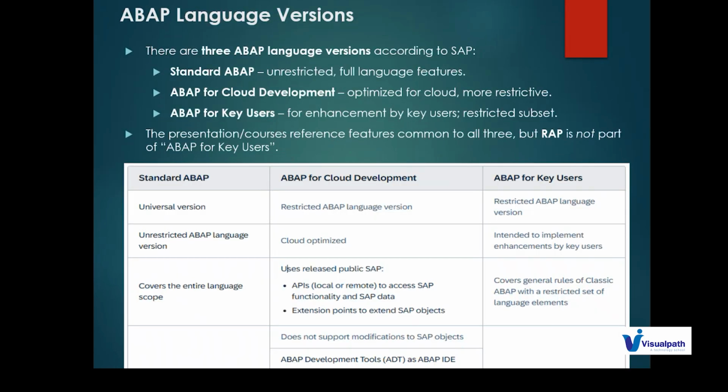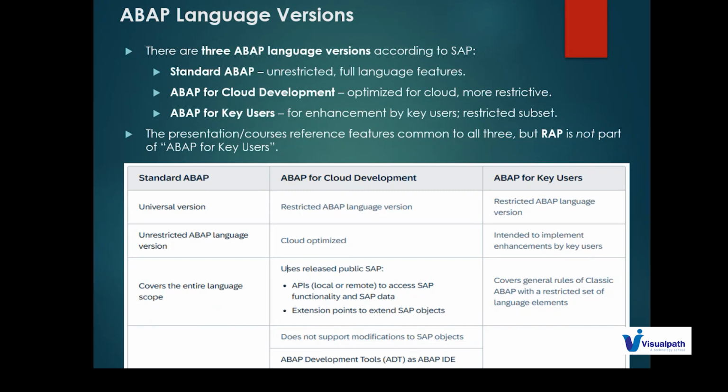Then ABAP language versions. There are three ABAP language versions. Standard ABAP, which is the unrestricted, universal version, and it covers the entire language scope. Then comes ABAP for Cloud Development. It is optimized only for cloud, and more restrictive, because